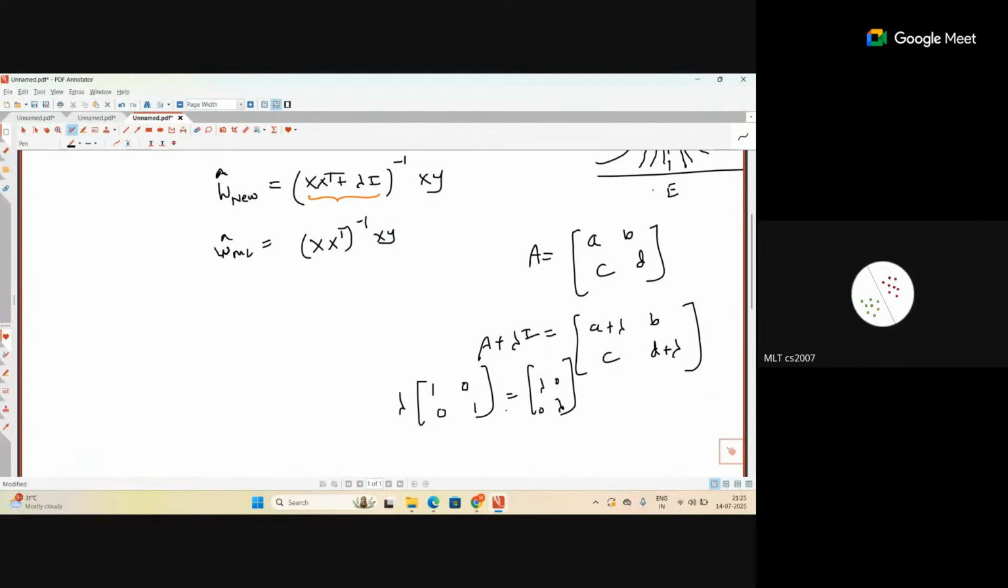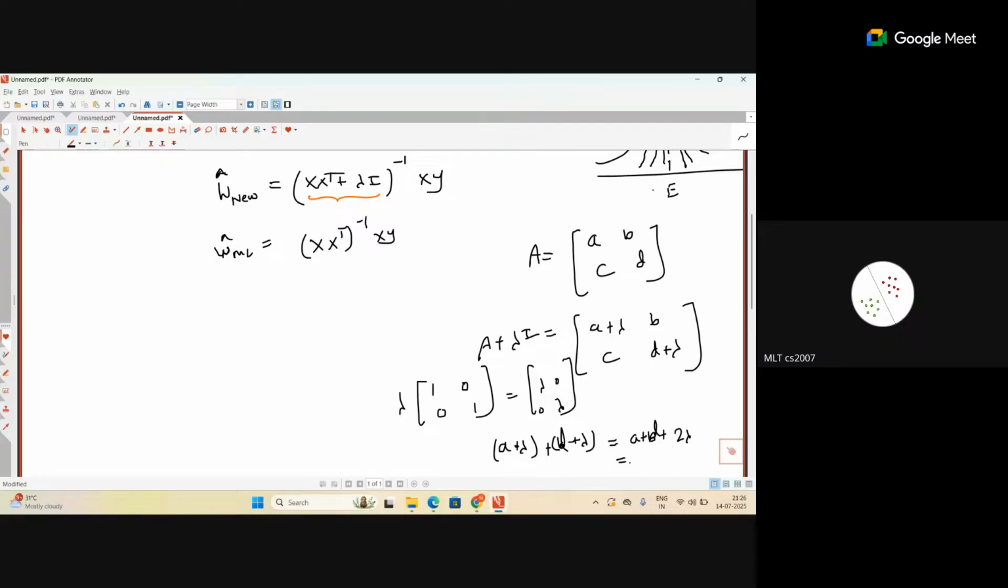So what will be the trace of this matrix? A plus lambda, plus D plus lambda, right? So A plus D plus 2 lambda, like that. Sir, it should be D. So D plus lambda. Okay, D plus lambda, right? Whatever, this is fine, right? Yes, sir. And that should be equal to